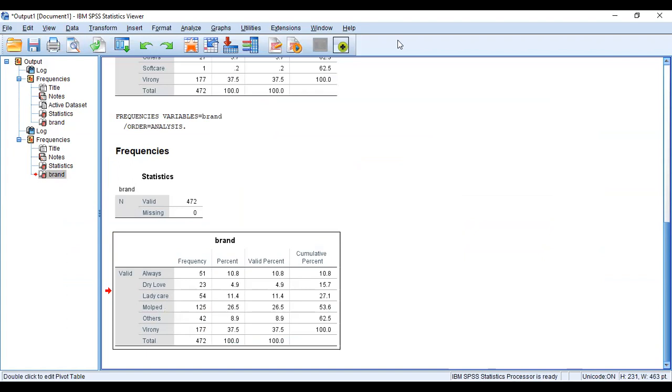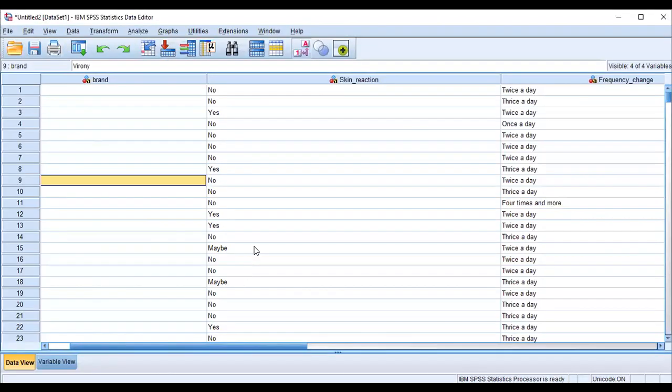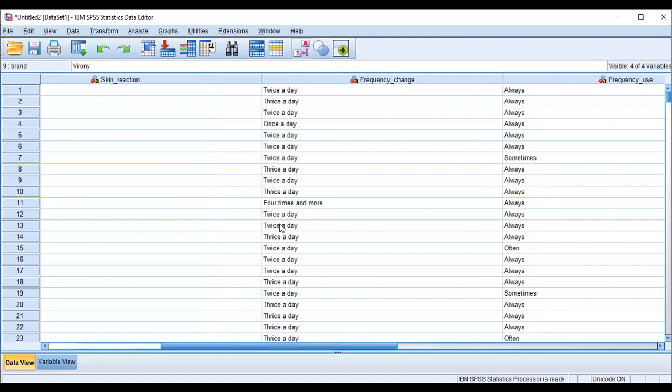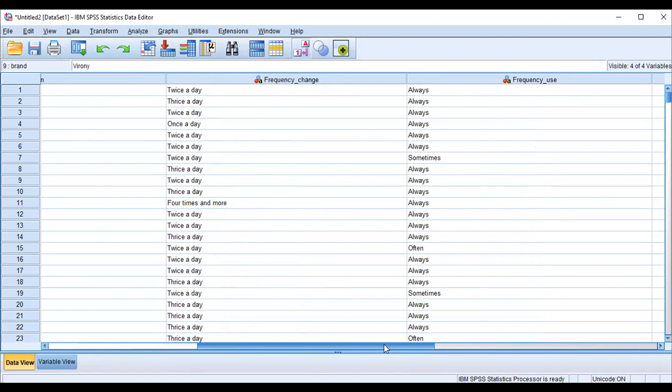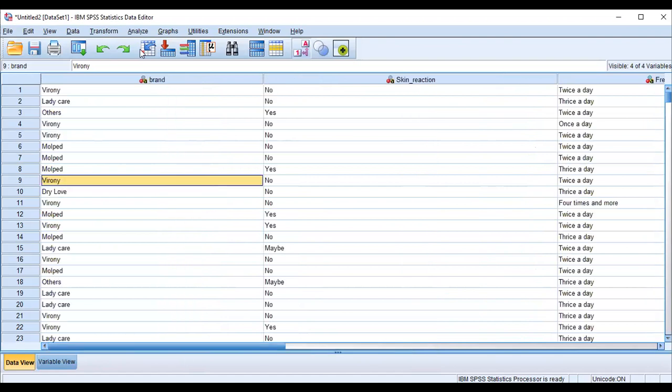Okay, so let's go back to doing Chi-square. So let's assume we have cleaned the data, we've done everything and everything is correct. I don't have any problem with this because these are close-ended questions, I mean, you could not insert any other answer. So it's either the person said yes, no, or maybe. This one, they were also close-ended. So that is it twice, once, twice, or four times a day, and more, yes, 4 times and more. Then this one is that he said always, often, so I don't have a problem. We go on to